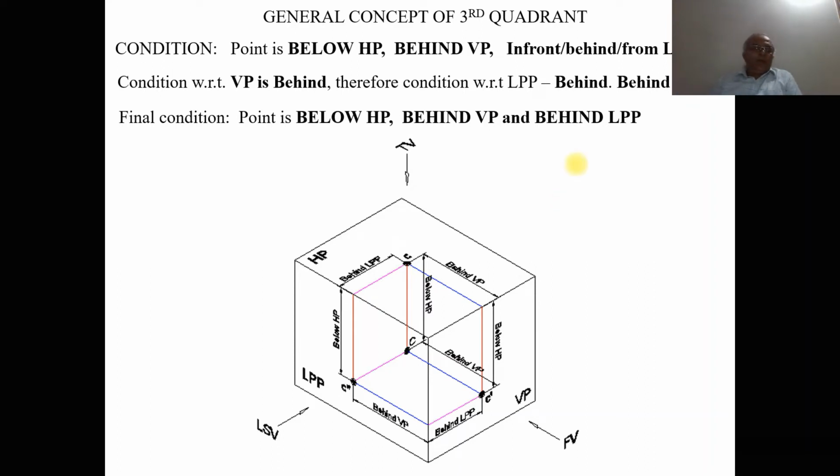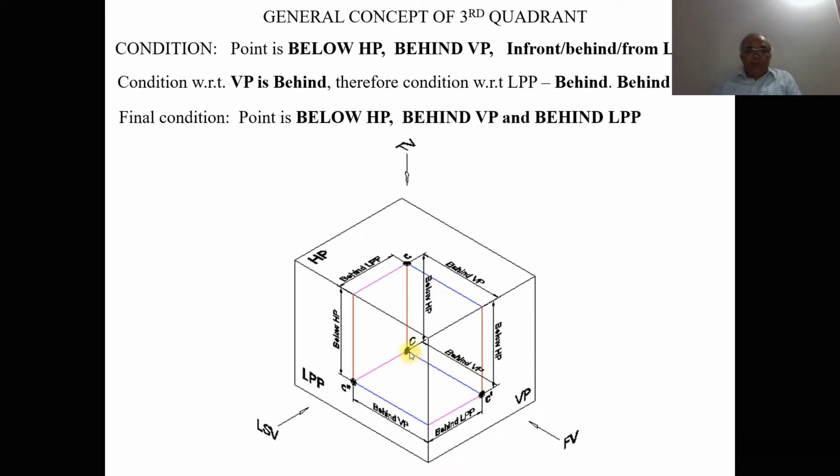In this video, we are going to discuss the concept of the third quadrant. What is the condition for a point to be in the third quadrant? The point is to be below HP, behind VP, and in front of or behind LPP. That means when you look from the front view, you can see that the point capital C is below HP. And when you look from the top view, we can see the distance of the point capital C behind